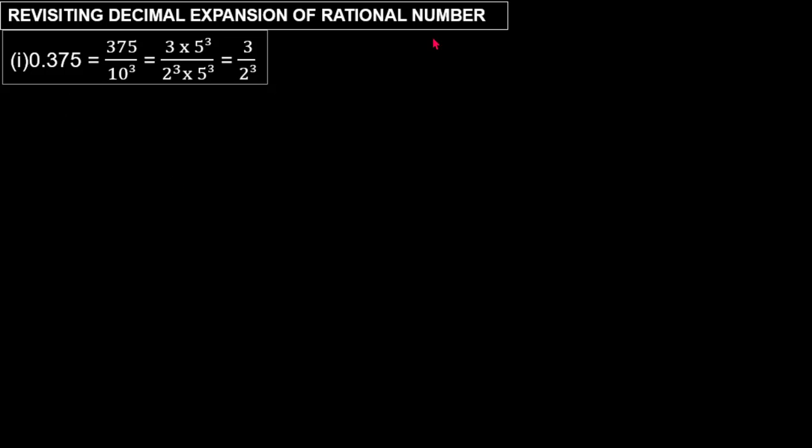We have visited rational and irrational numbers. Now let us visit the decimal equivalent of a rational number. This is a very easy concept actually. Take a rational number like 0.375 as a decimal equivalent. If you want to convert it into P by Q form, we have studied in 9th standard also, you just shift this decimal point. So we have to multiply this by 1000 and divide by 1000.